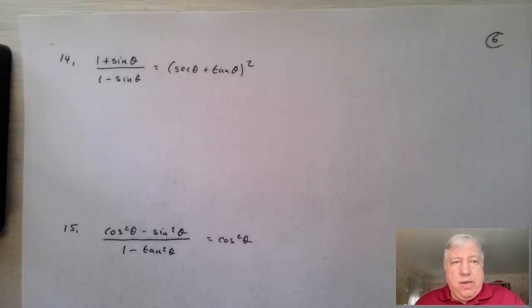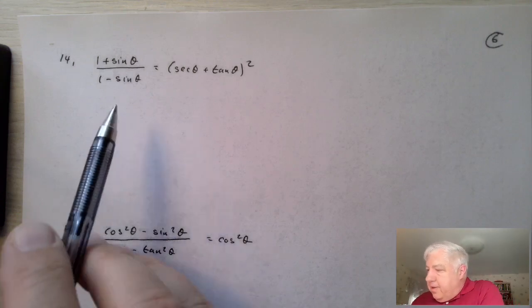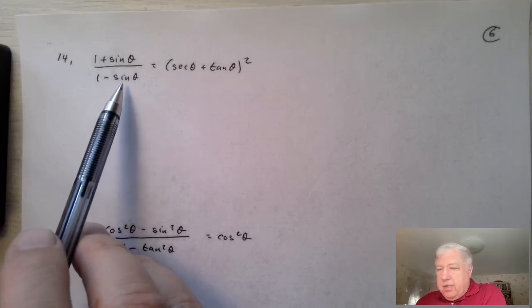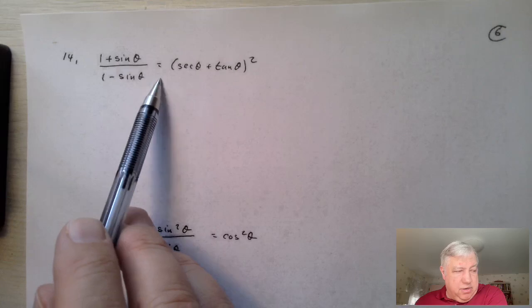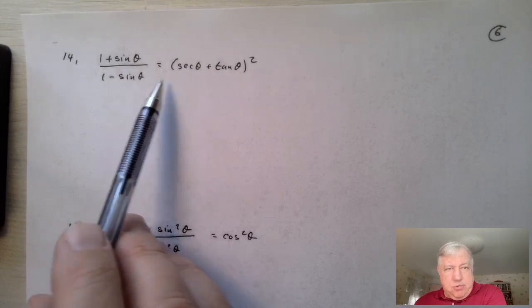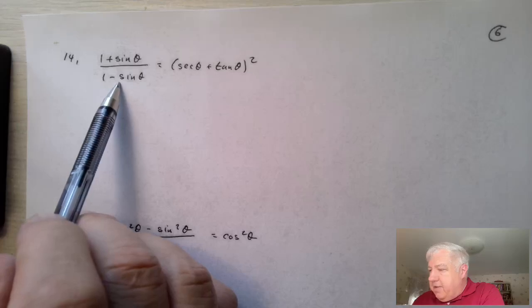So in this video, we're going to do the last three problems of these notes for trigonometric identities, and I've saved the longest for last here. It's really a toss-up of which side you want to start with. So I'm just going to start with this one, and the reason for this is that